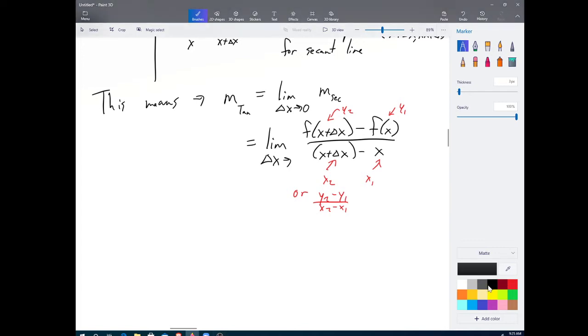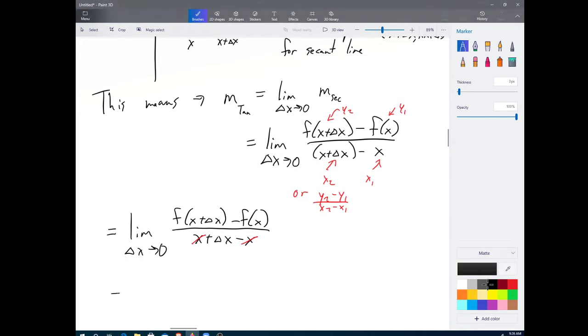And you might notice that it just so happens that I can simplify this. Not upstairs. Oh, and I forgot the 0 there. But I can simplify this downstairs, because I can drop those parentheses and I end up with x plus delta x minus x. And you can see that our x's will end up going away. They cancel out. So ultimately, I can say that the slope of my tangent line is equal to the limit